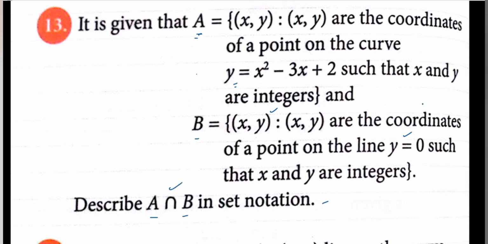The set A is the given curve y is equal to x square minus 3x plus 2, whose graph is a parabola. If you draw its graph, this represents a parabola. While the set B consists of the line y is equal to 0,